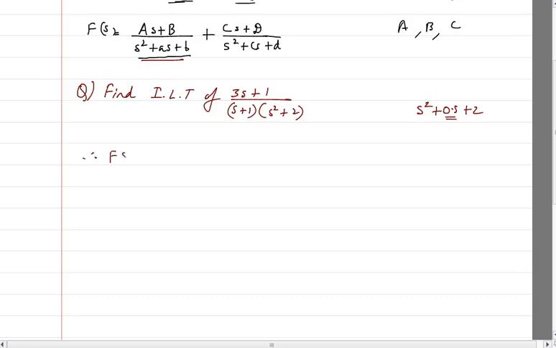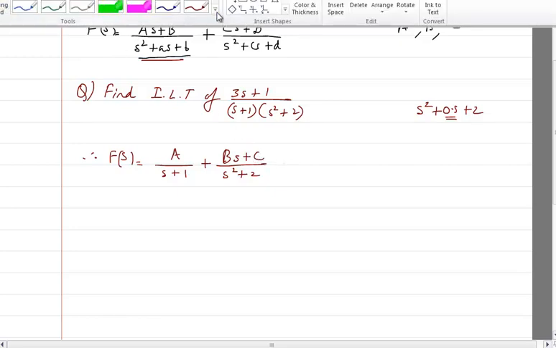Therefore, I will write f of s can be written as, first is a simple pole s plus 1. For a simple pole, I will write numerator simply as A. And for the next quadratic form, which is s square plus 2, I will write this form. So I will write, it is going to be Bs plus C. You might be thinking, sir, why Bs plus C? I already told you that the coefficient you can name as any variable. The coefficient like A and B, C, you can write a1, a2, a3. You can write anything. The only thing is that we have to find it out. Okay. Now this is equal to,